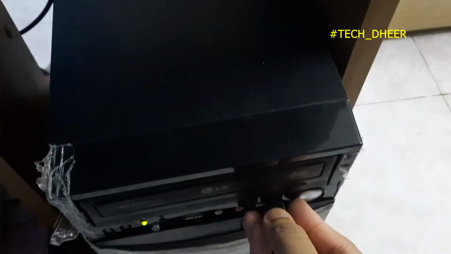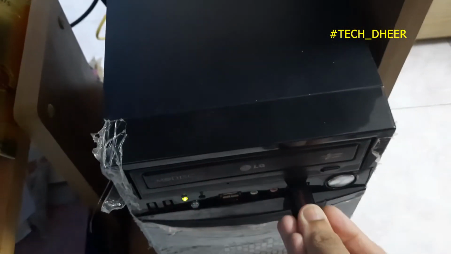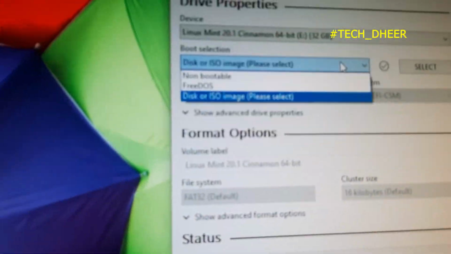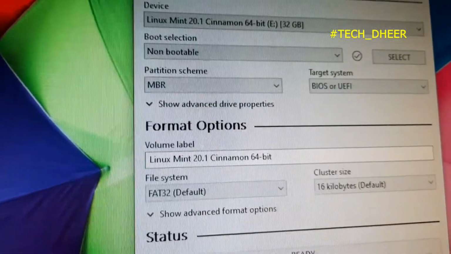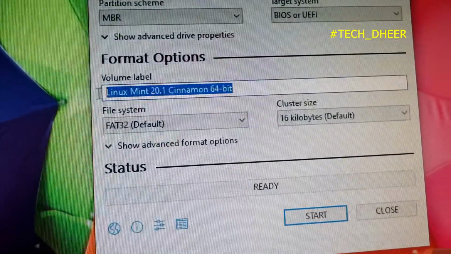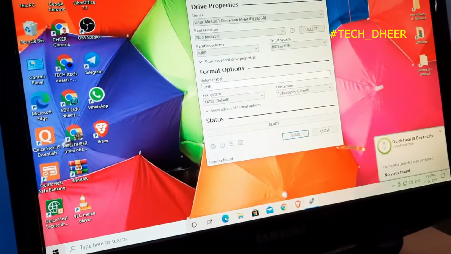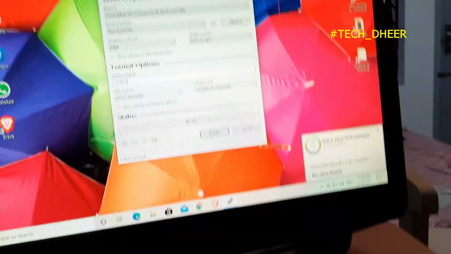Over here, insert the pen drive. After inserting the pen drive, you can click over here, non-bootable, and then click over here, write the name, start.